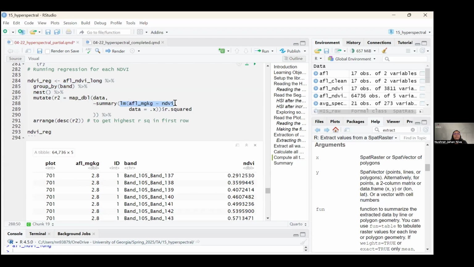LM aflatoxin milligram kg by NDVI. So this is the main part where we let R know what I need. I want one linear regression where my target variable will be aflatoxin in milligram per kg, and this is my explanatory variable. So let's see how the NDVI can predict my aflatoxin. Okay. Then we want to